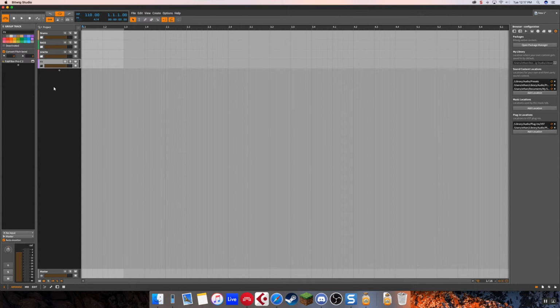So we can set up a trigger track, like ghost kick. I usually make these white, and then I label them triggered or something like that. So that way